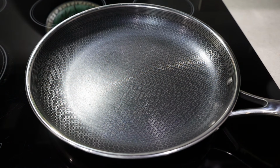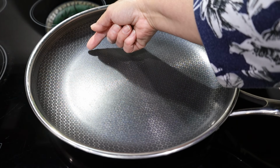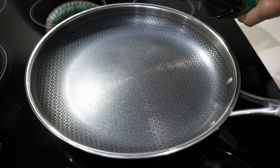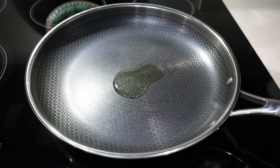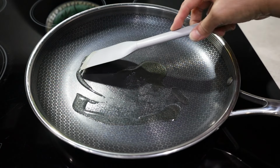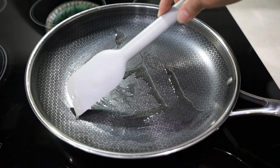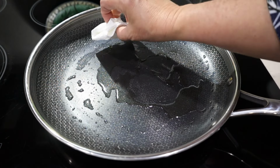Here I have a large frying pan. The bottom measures 9.5 inches from here to here. I'm going to turn on the heat to medium and add enough oil to spread on the bottom of the pan. 2 tablespoons. I'm going to spread it. Also spread a little bit on the sides. I advise you to use a non-stick frying pan. I'm going to remove a little bit of the excess oil